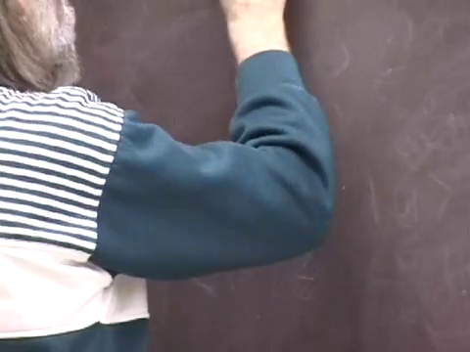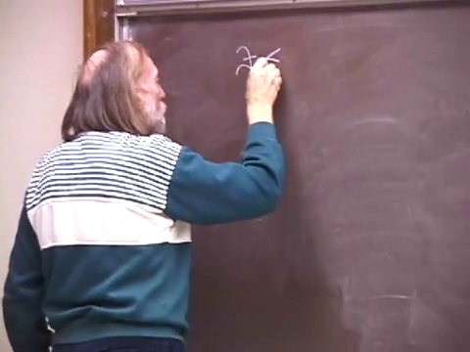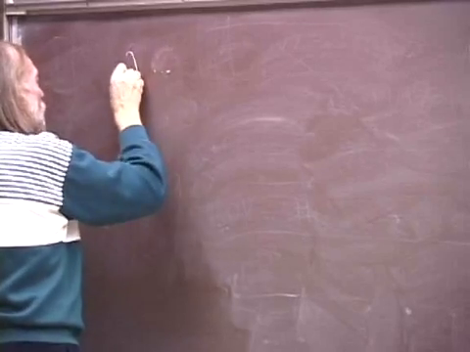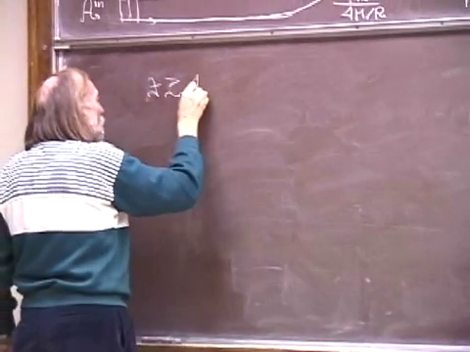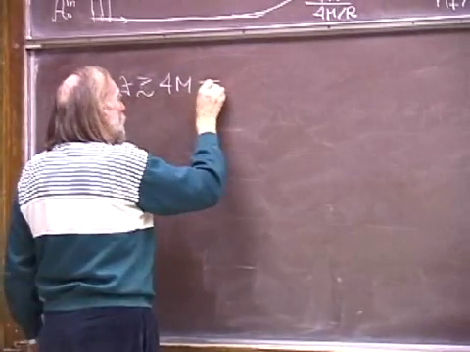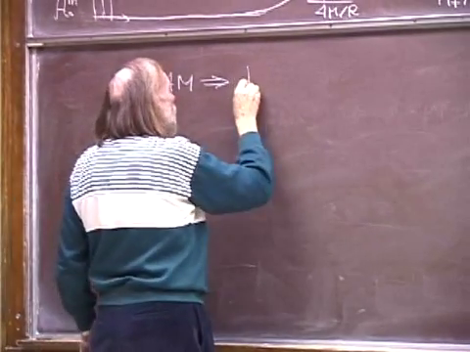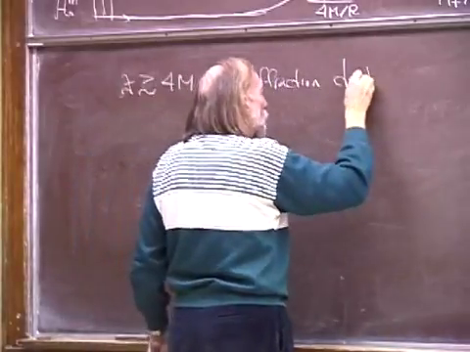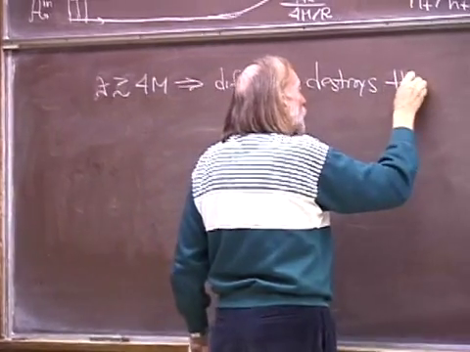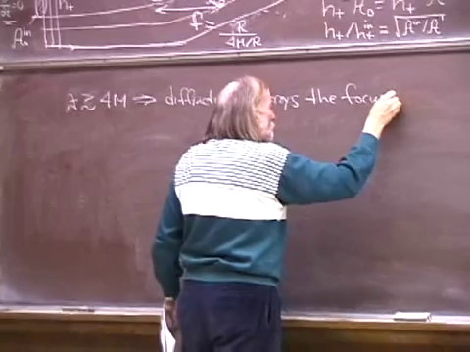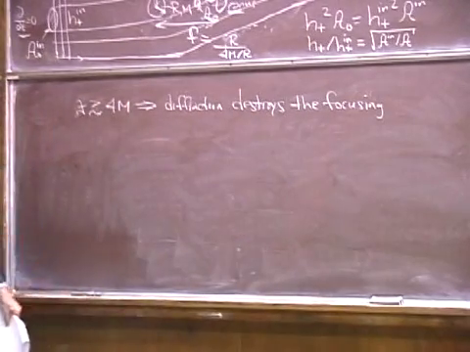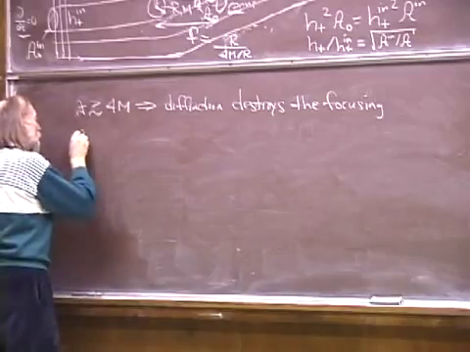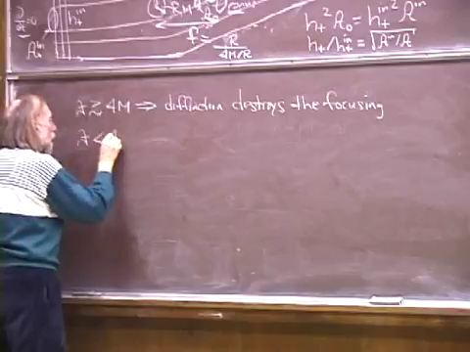They tell you that if the reduced wavelength of the waves is greater than or of order 4m, then the diffraction destroys completely the focusing. And you get no significant focusing. And so I leave it to you to do the reading and to think about it to see that that's the case. If you have reduced wavelength that is small compared to 4m,